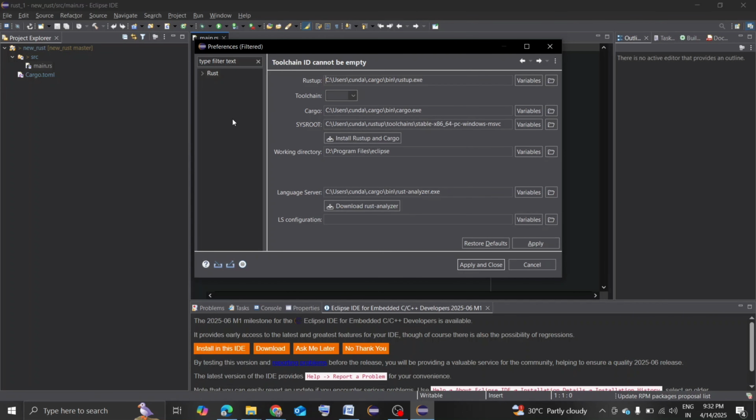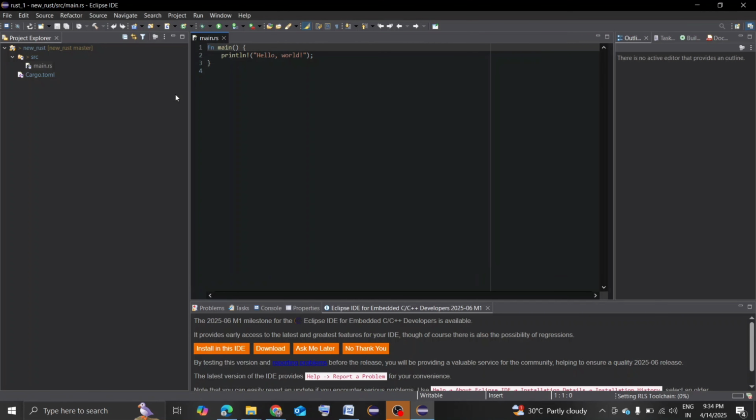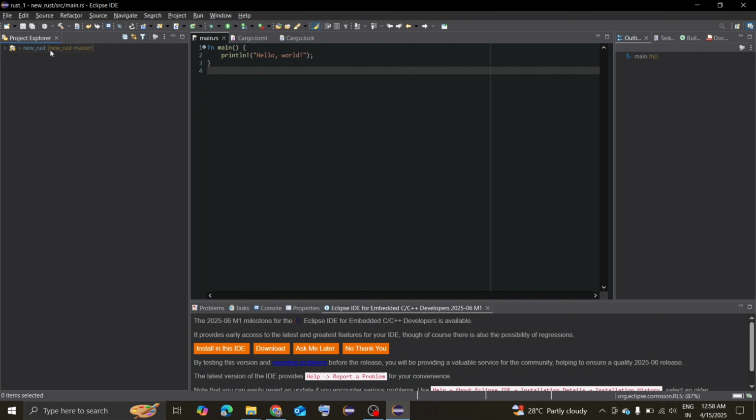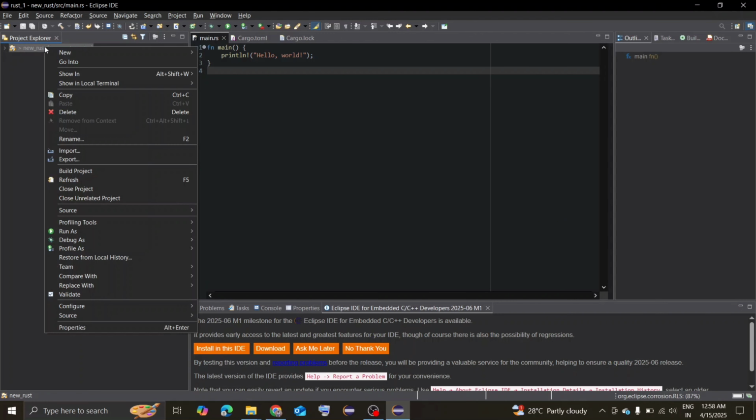If there is no Rust installed on your PC, it will prompt you to install Rust. You can directly install Rust from the previously shown window. After setting the path, it will take some time to read the path and variables. Once you have done that, right click on the project and you can see run as. By hovering on run as, you can find Cargo based Rust project. By clicking on it,